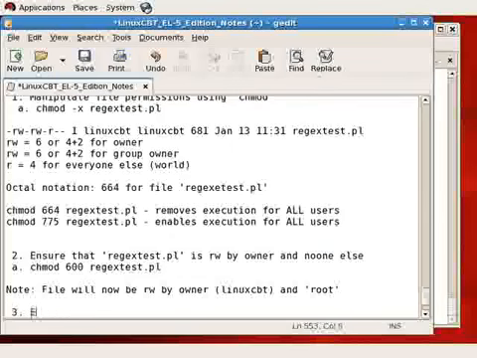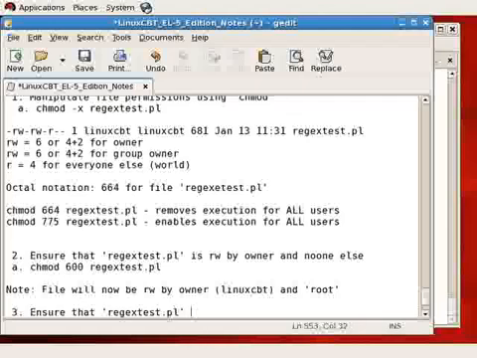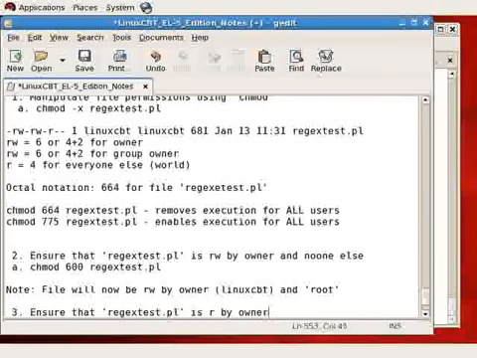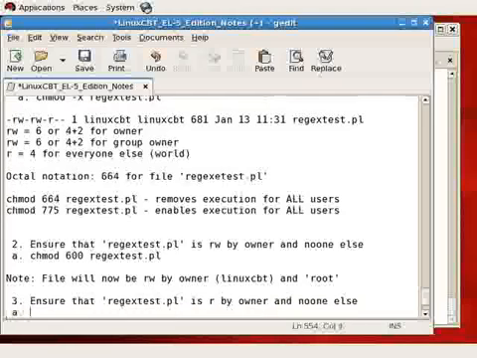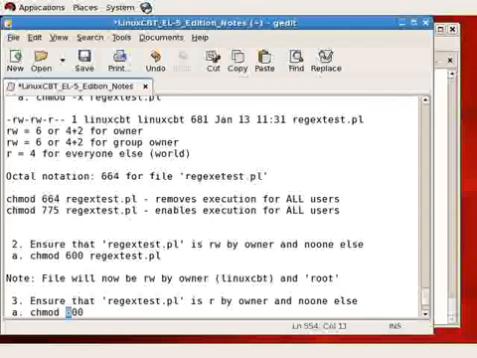So let's list as a separate task. Ensure that regex_test.pl, and we can do so as root, by the way, instead of the user who's currently logged in, Linux CBT, who owns the file, is readable by owner and no one else. Well, if a file is only readable by the owner, that means the owner can't write to the file. So instead of chmodding to 600, which is read-write, we know that the read octal value is 4. So chmod 400 regex_test.pl followed by an ls -l